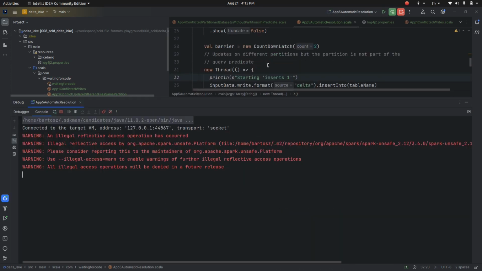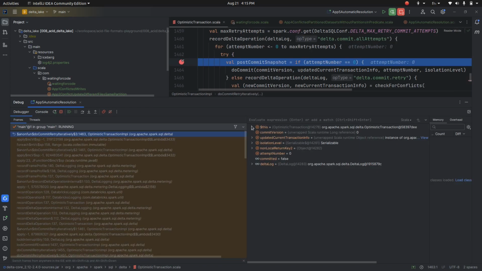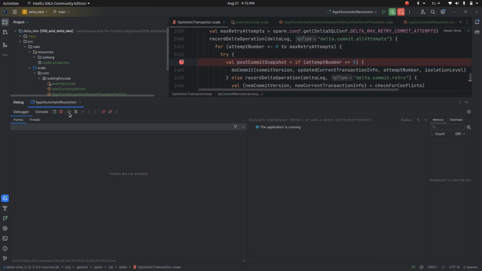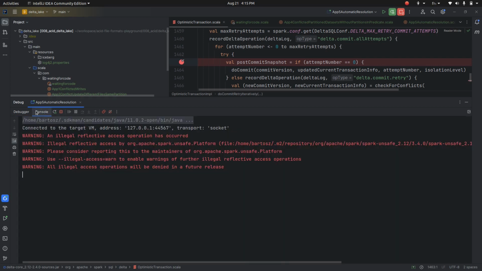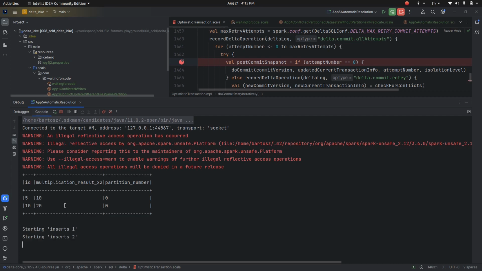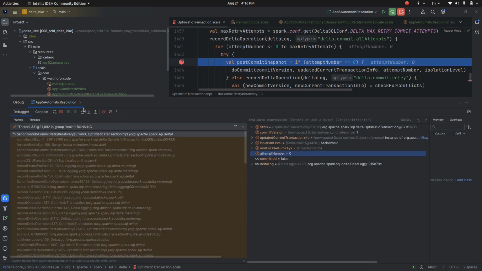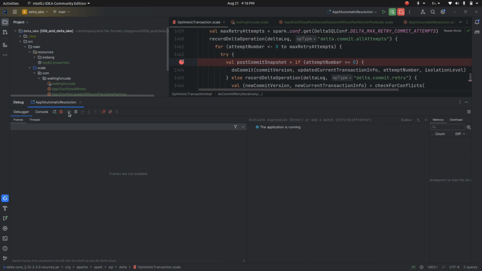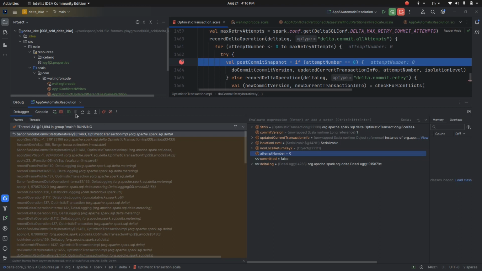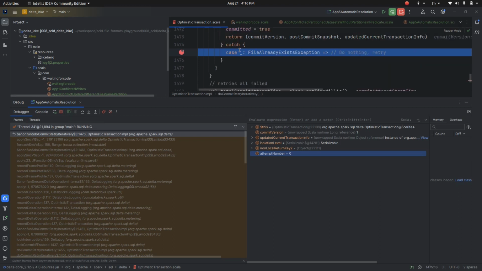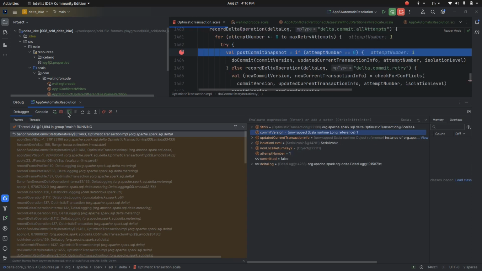Okay, the comment is not relevant here. Okay, we are committing the first time, and this is the table creation. And we will start soon these inserts. We have the inserts. We start the first attempt for one of them. Next, we will probably start an attempt for another, and here we can see that there is some conflict in the second version of the table, and this time we will try another attempt, and it will succeed because